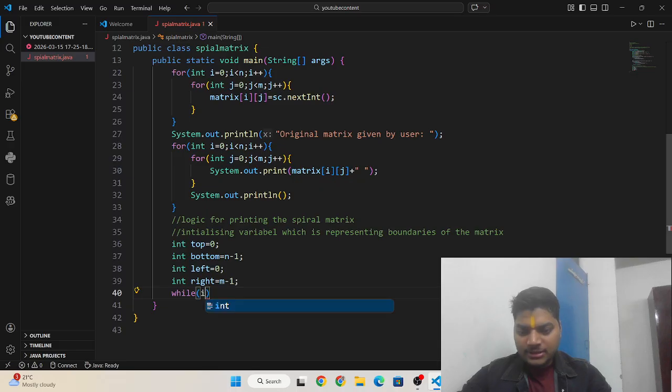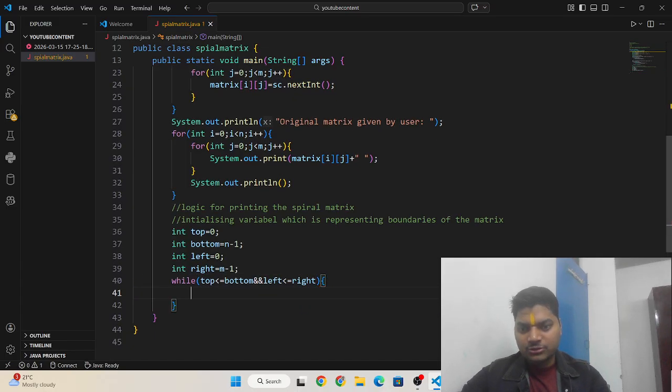So I need to write here: while top is less than equal to bottom and left is less than equal to right. Till then we need to run this loop.